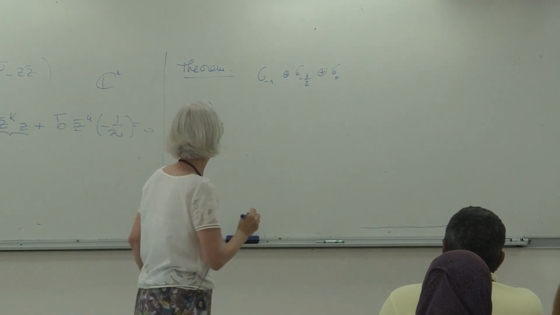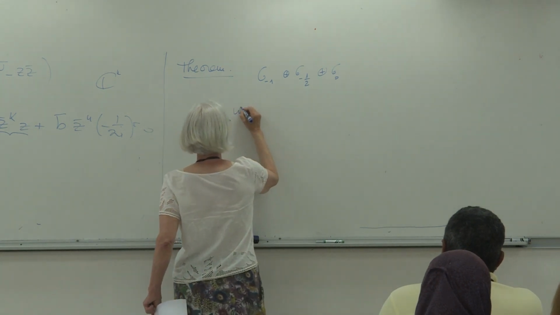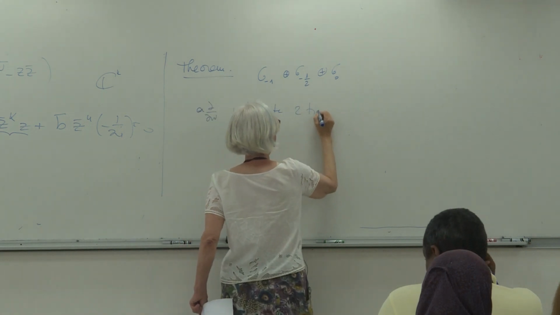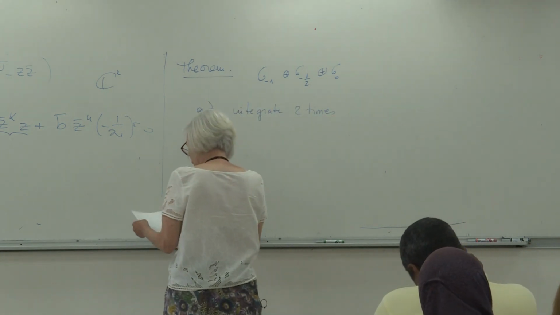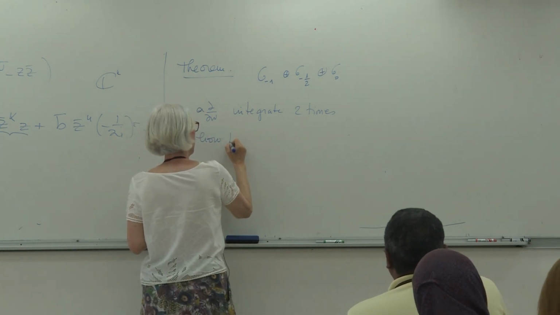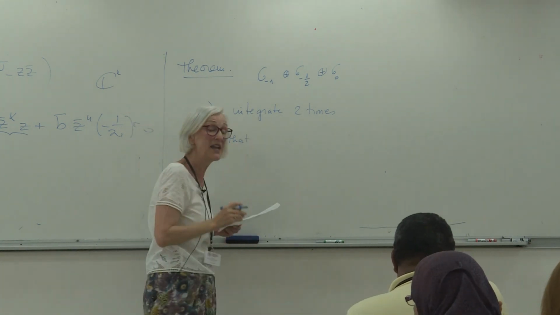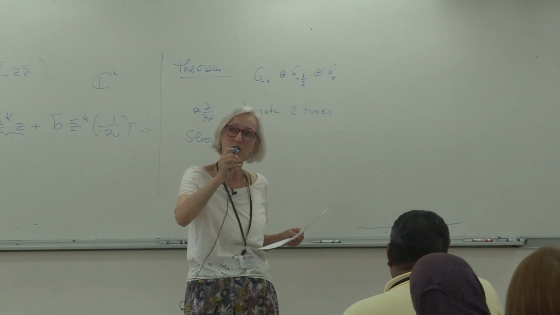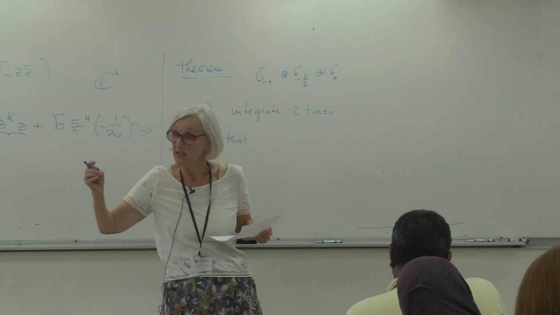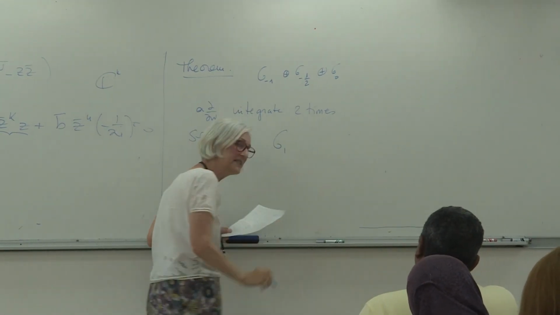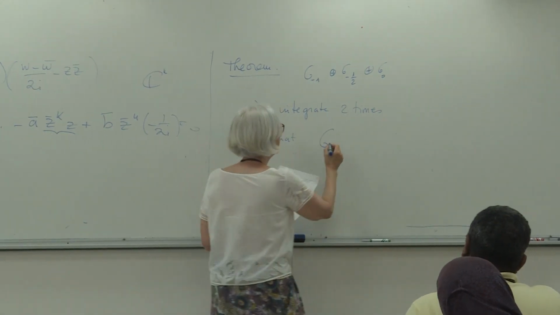It integrates only two times. And I will show you that it's g1, because if you integrate minus 1, 1, it's going to be 0. And another time, it's going to be 1. Okay? So g1, which is a two integration of d/dw, is given by